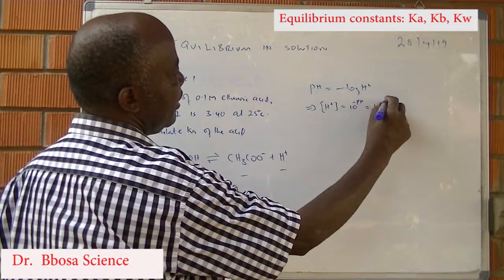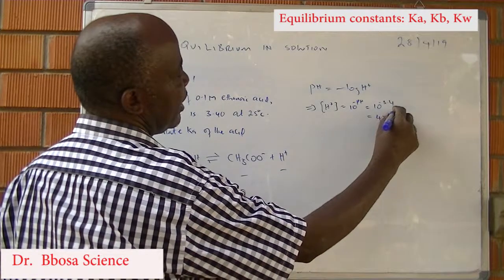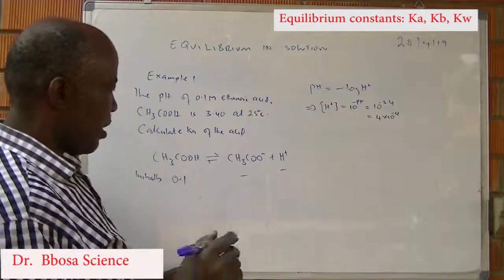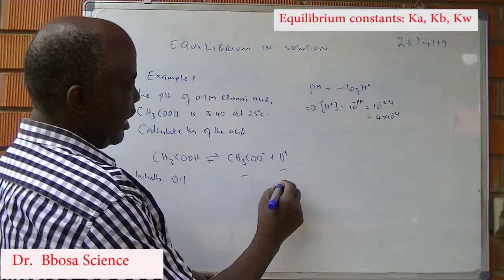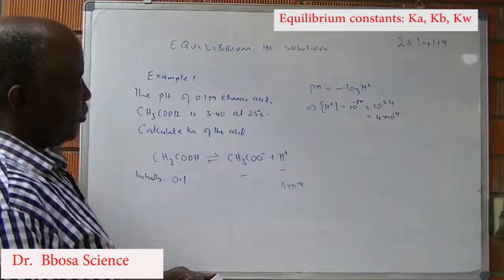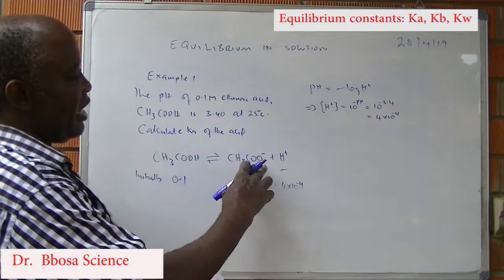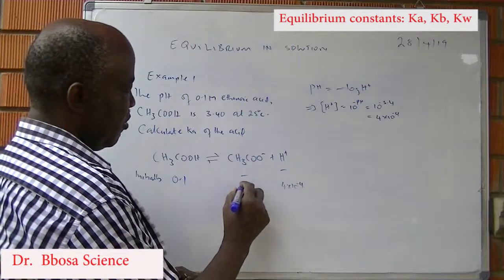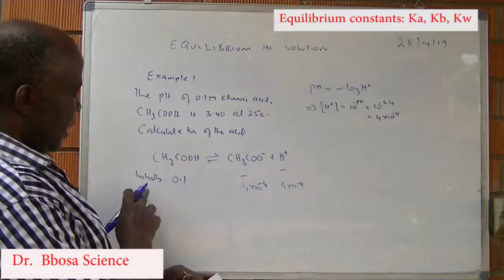is equal to 10 to the power negative 3.4, which is equal to 4 times 10 to the power negative 4. We antilog this value, we get 4 times 10 to the power negative 4. It means that at equilibrium, hydrogen ion concentration is equal to 4 times 10 to the power negative 4. But when 1 mole ionizes, you form 1 mole of ethanoate ion and 1 mole of hydrogen ions. So the concentration of ethanoate ion will be equal to 4 times 10 to the power negative 4, and the